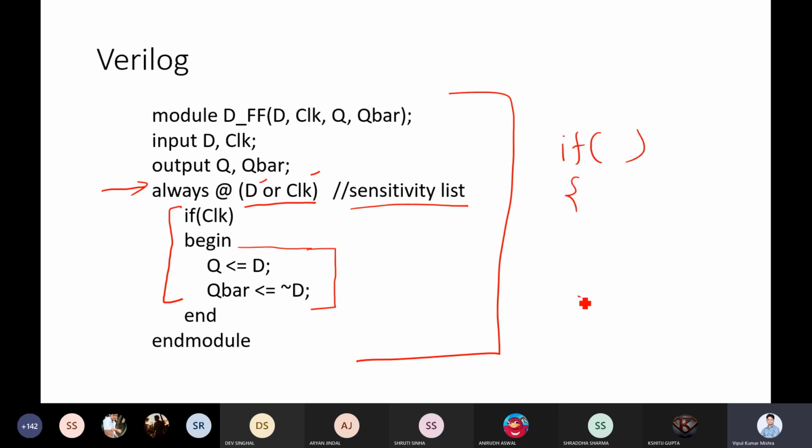Instead of curly brackets we have the begin and end tags, which are used to define the body of your condition or loop. So you have written begin, D will go to Q and D bar will go to Q bar. Any doubt in this simple Verilog code?